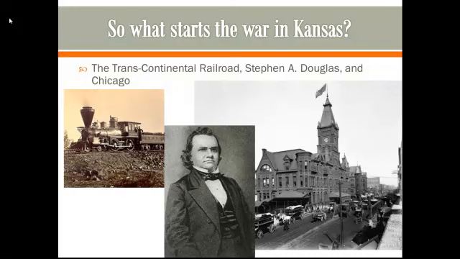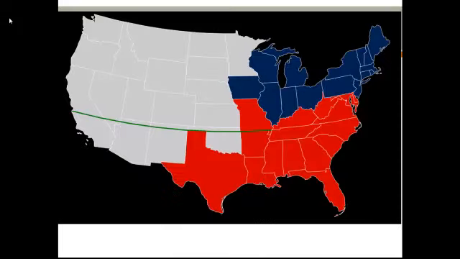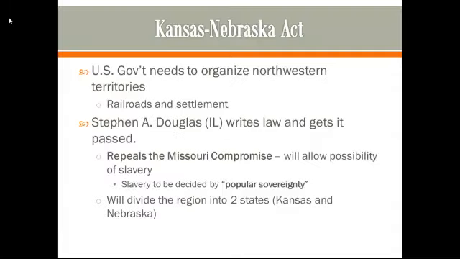He believed this would make Chicago a great city, and he believed that it would make Illinois into a great state. And so Stephen A. Douglas, in order to get that railroad to come through Chicago, basically had to create a state, the state of Kansas, which is right next to Missouri. If the railroad went through the Midwest and not the South, then that Transcontinental Railroad would make Chicago and Illinois very, very wealthy and very, very important.